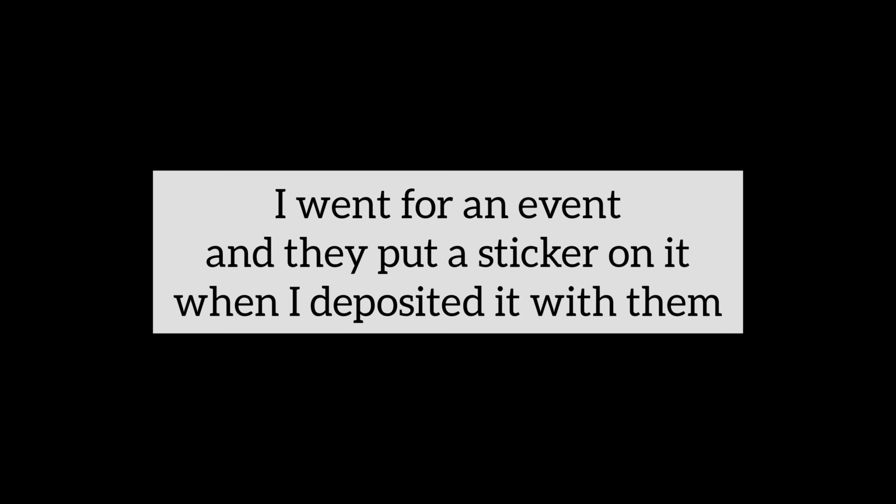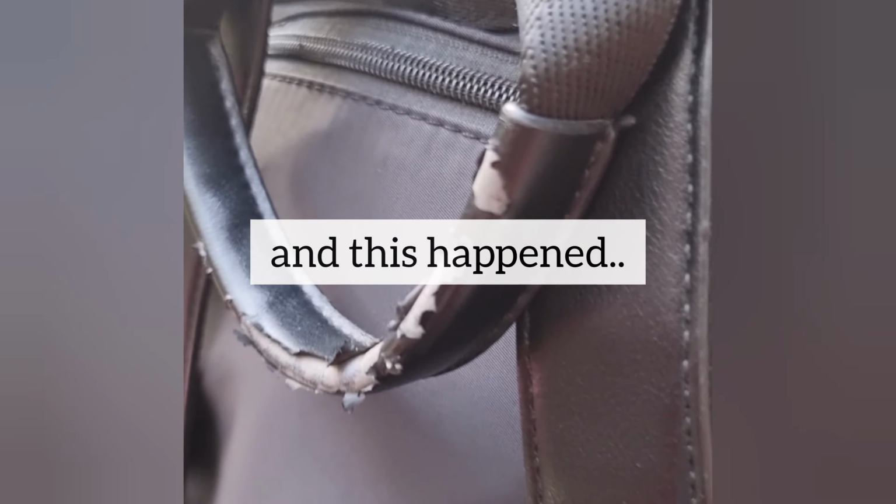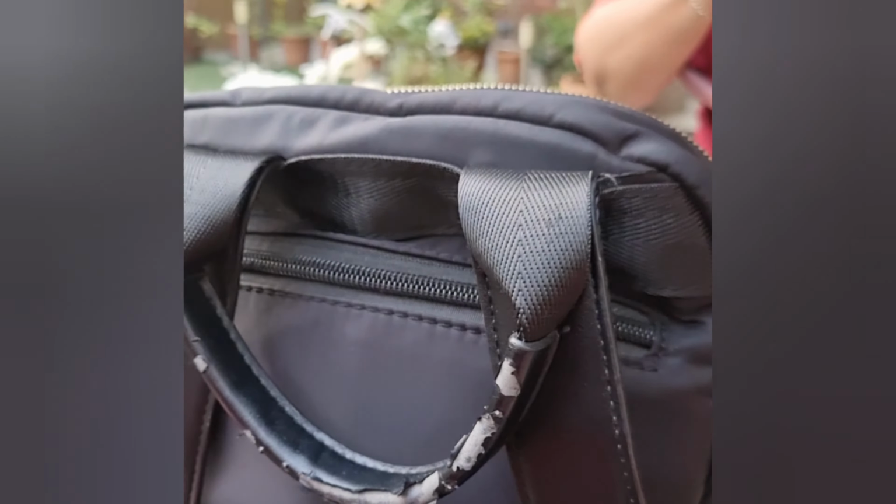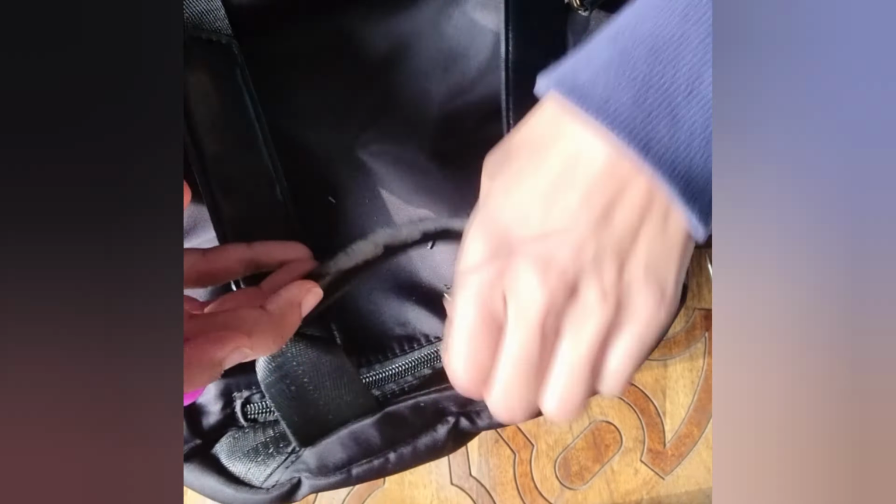My bag was perfectly fine. I went for an event and they put a sticker on it when I deposited it with them. When I got my bag back, I peeled the sticker and the material of my bag started peeling. I think it was leatherite, but whatever it was, this was the condition, and I was not ready to let